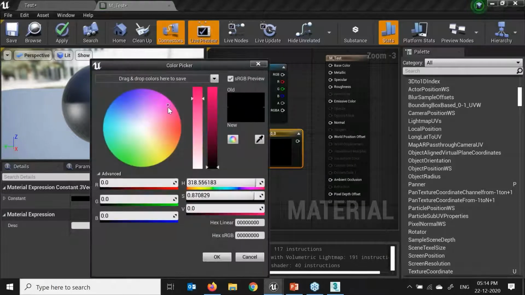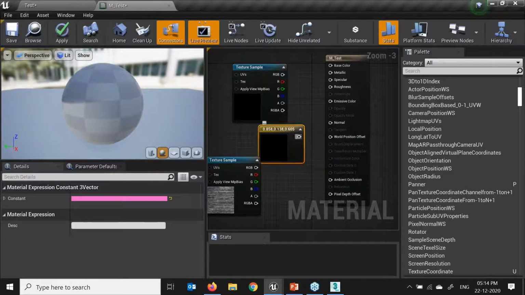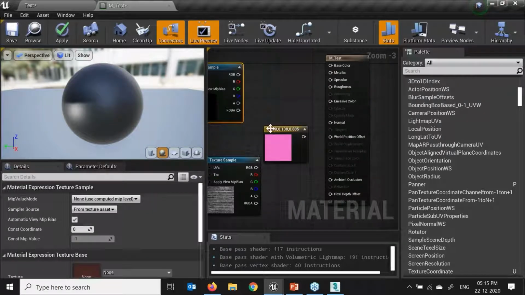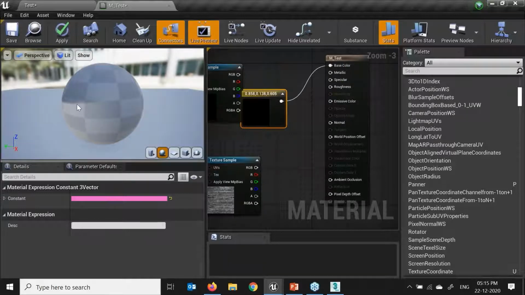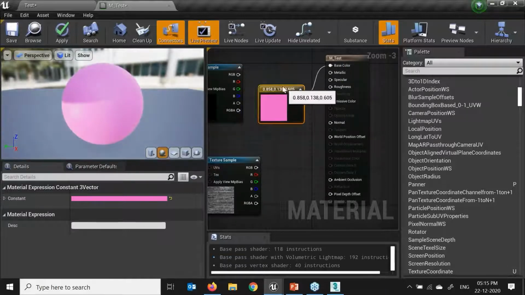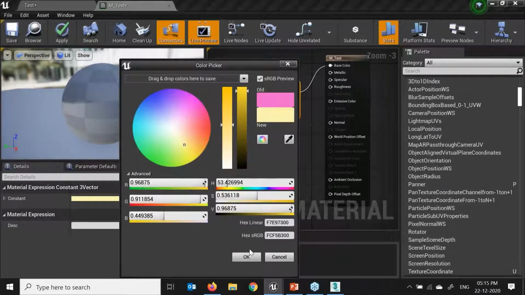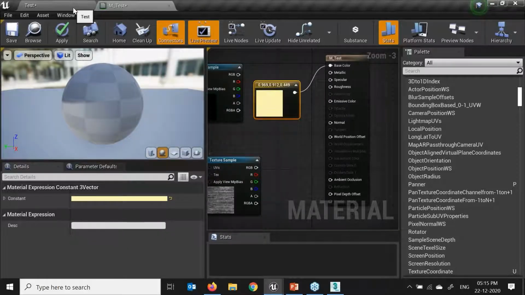Here I'll change it into this pink color, red color, correct? I'll press this arrow over here. Now what I'll do, I'll drag this output, move this aside, and drag this output into my base color. Here you will see my color will get changed, right? If again I select and change any textures and materials over here, let's try that one more time.